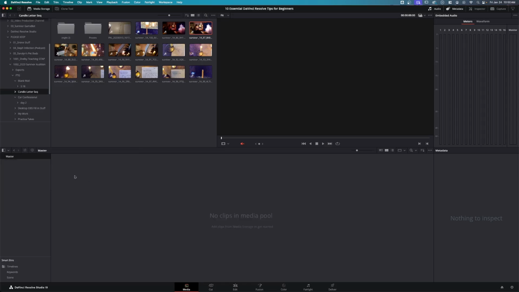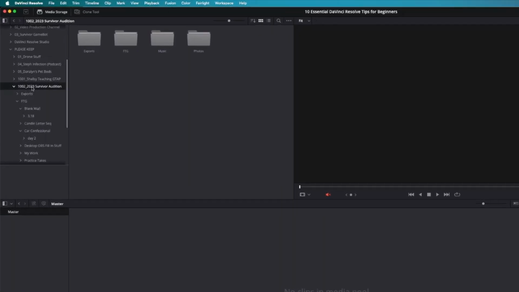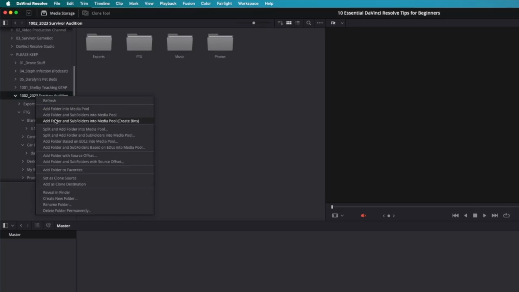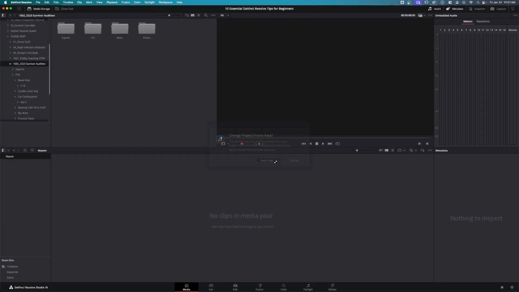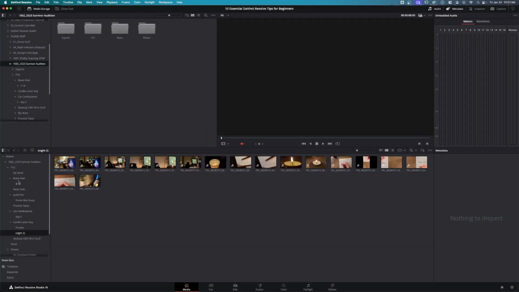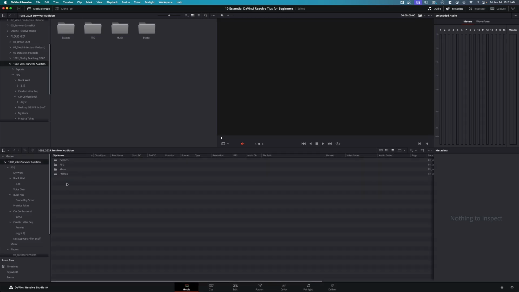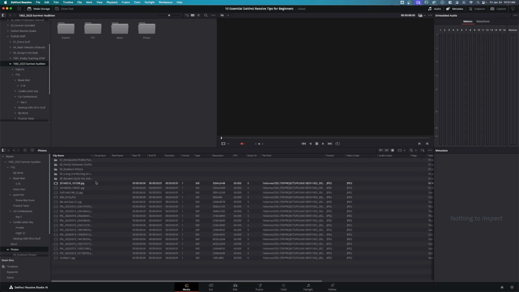I'm going to delete that, and now we have no clips in our media pool again, and we're going to just use our file structure that already exists by right-clicking here and adding folder and subfolders into media pool, and that will create bins. Now once you do this, we're not going to change any project stuff, but you'll see here that this whole thing has become nice and organized because I've gone ahead and I've put them all in their right files anyway. So I have music I've selected, I have photos here